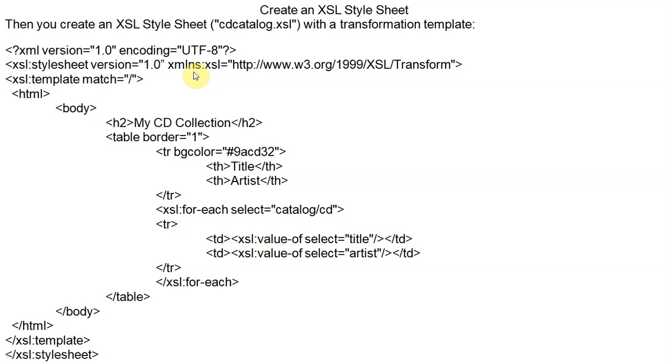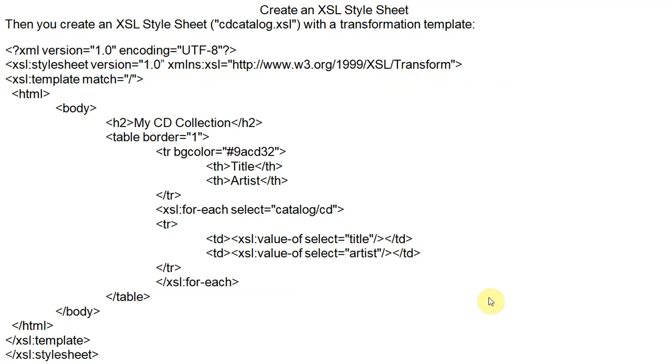And xmlns is called the XML namespace. It is xmlns:xsl equals http://www.w3.org/1999/XSL/Transform. So this is the namespace of XSL.